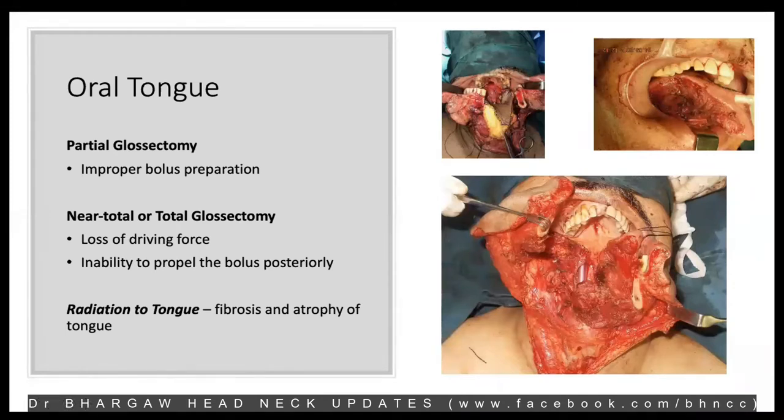And if the flap which is put there is really tight, that ends up becoming like an anchor holding the remaining tongue down, and the patient really struggles to swallow. You would be wondering, the patient has enough oral tongue on the other side, why is he not swallowing? That's because he is not able to do the propulsive action, because the flap, which is not adequate in terms of width, is anchoring the anterior tongue down and preventing the propulsive posterior action. Patients will also have some difficulty in articulation.